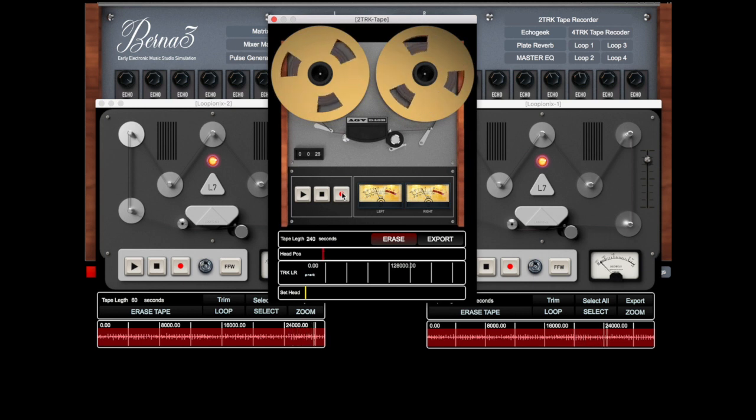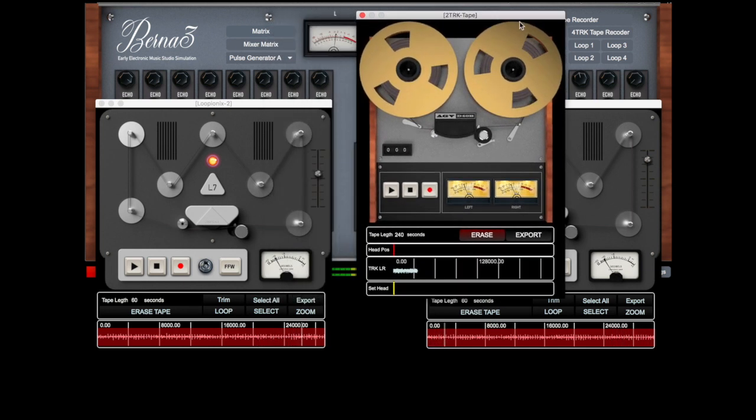So we are recording on the memory of the computer. So before everything else, after we recorded, we must export the file so we can store it in our hard disk. Okay, I'm happy with this,